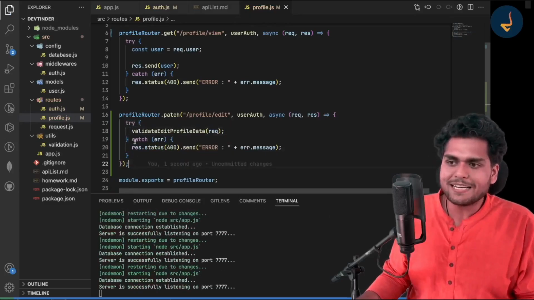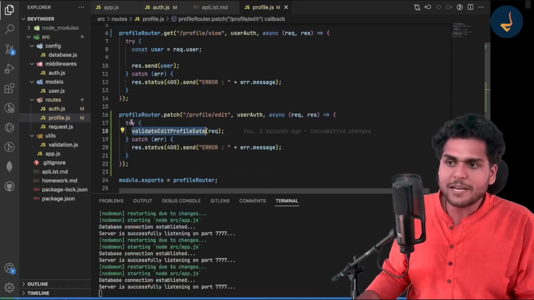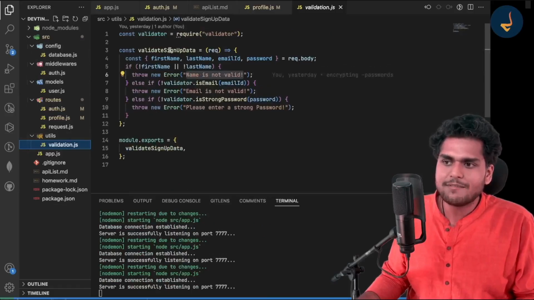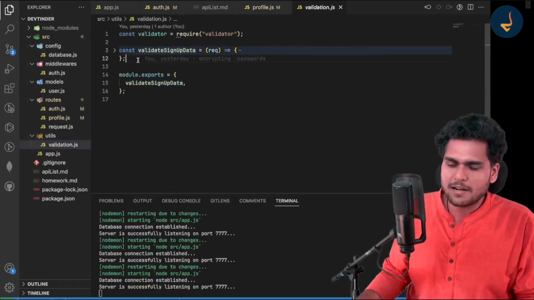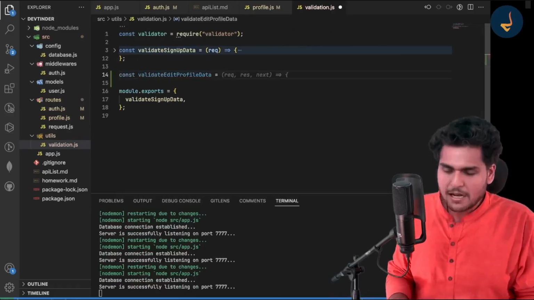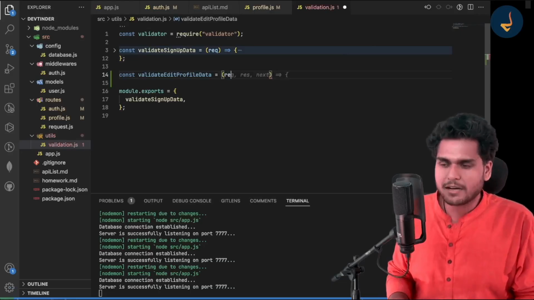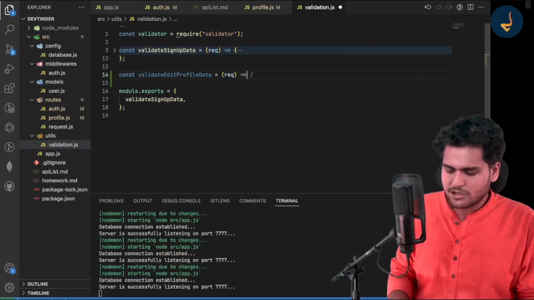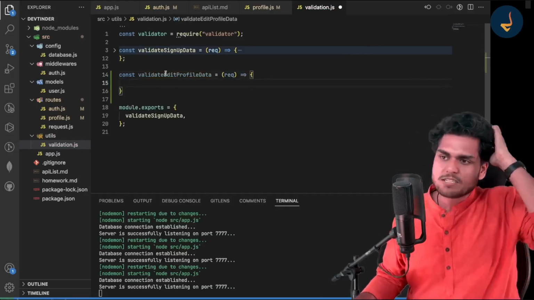We haven't created this function. This function will be created in our utils. Okay, we were using utils in the validation, validate sign up data. So similarly, let us create a constant validateProfileData, and over here also I will take a request. And what I will do is I will first of all check in